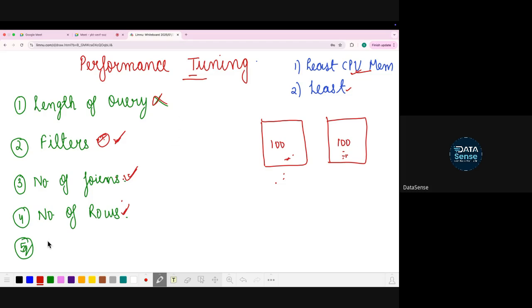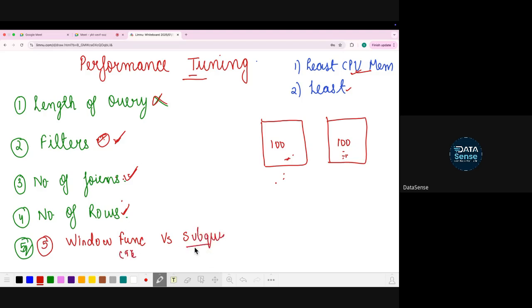Another thing which plays a role is, for example, when you use window functions versus subquery, or CTE versus subquery, something like that.